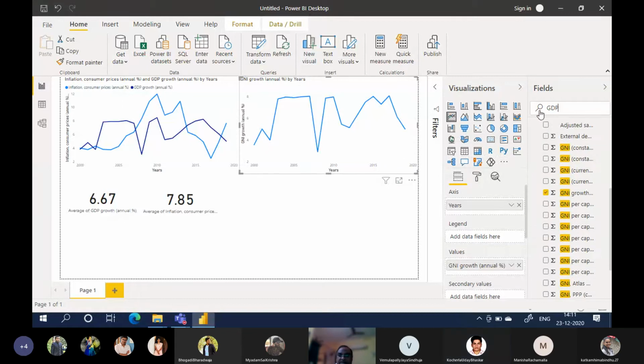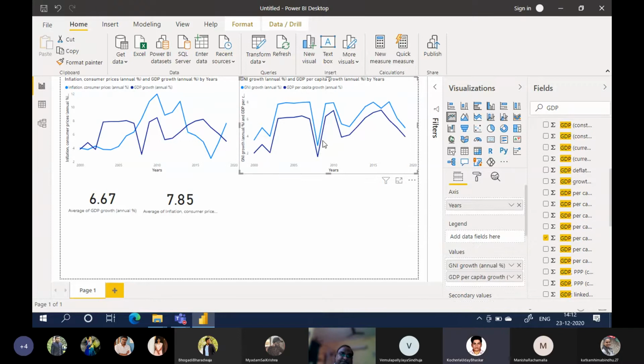Whether the GDP per capita is also GDP per capita constant, GDP per capita LCU, local currency units, GDP per capita US dollar, GDP per capita annual growth percentage. This I'll drag it into GNI. Okay. It is also following the same pattern, right?